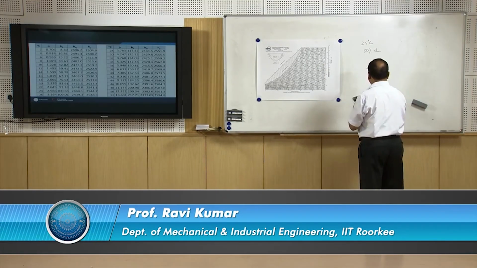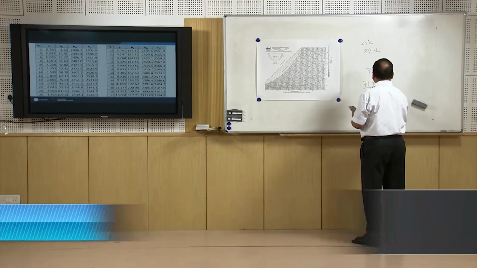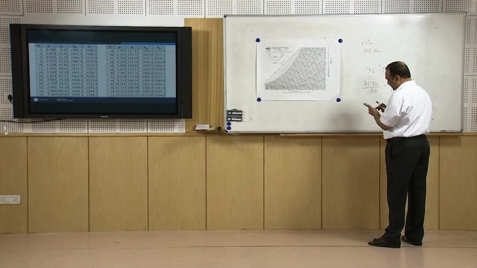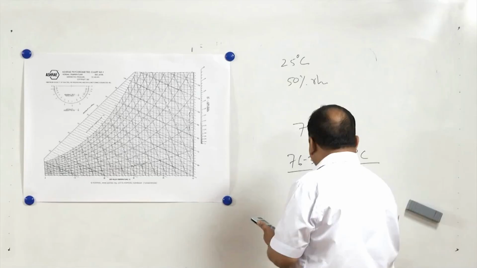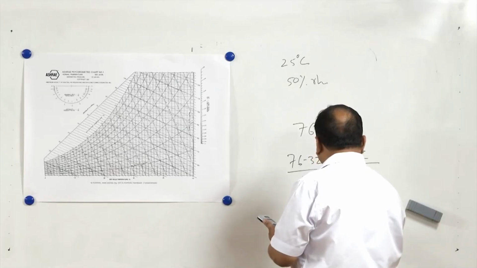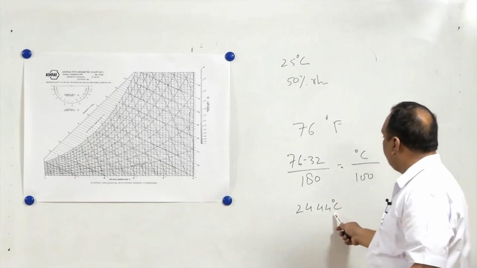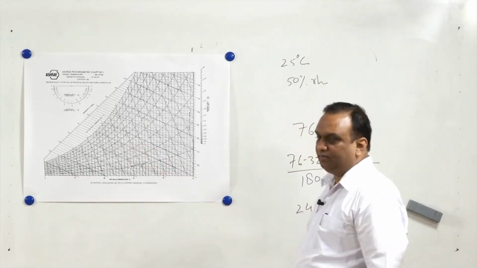it turns out to be: 76 minus 32 divided by 180 is equal to degree centigrade divided by 100. So 76 minus 32, into 5 divided by 9. So it will give 24.44 degrees centigrade. So it is rounded off to the nearest integer here, and it is taken as 24 degrees centigrade,